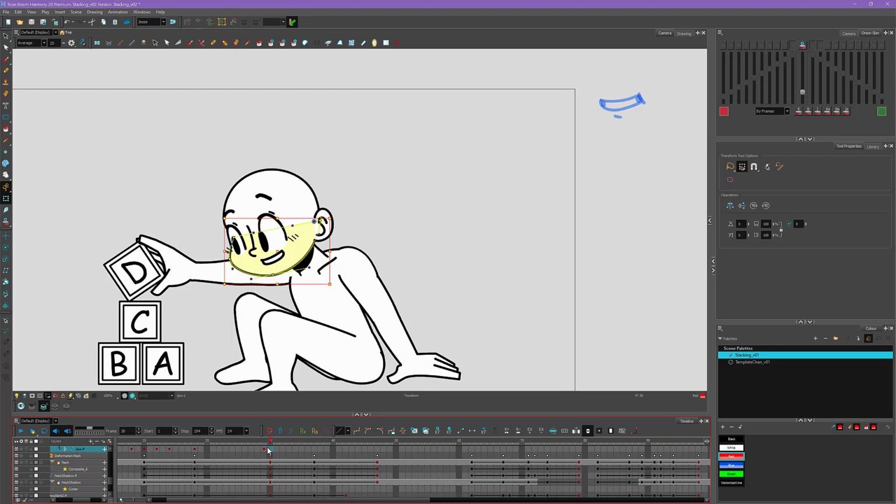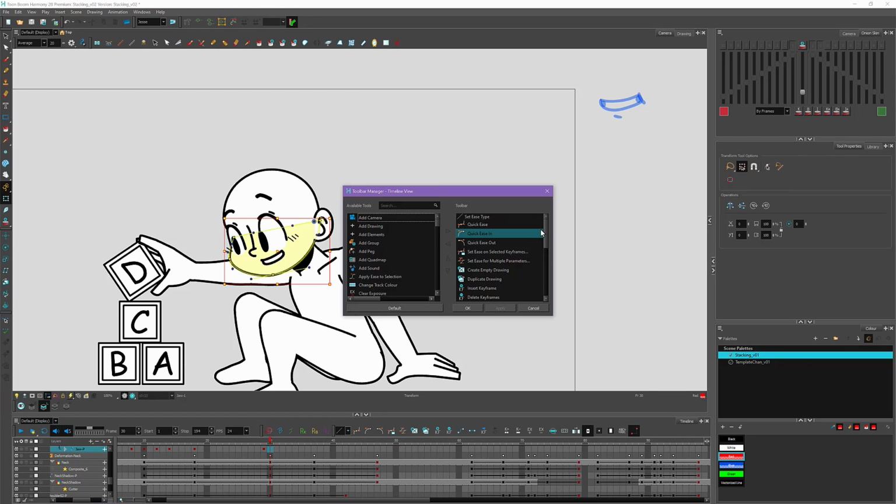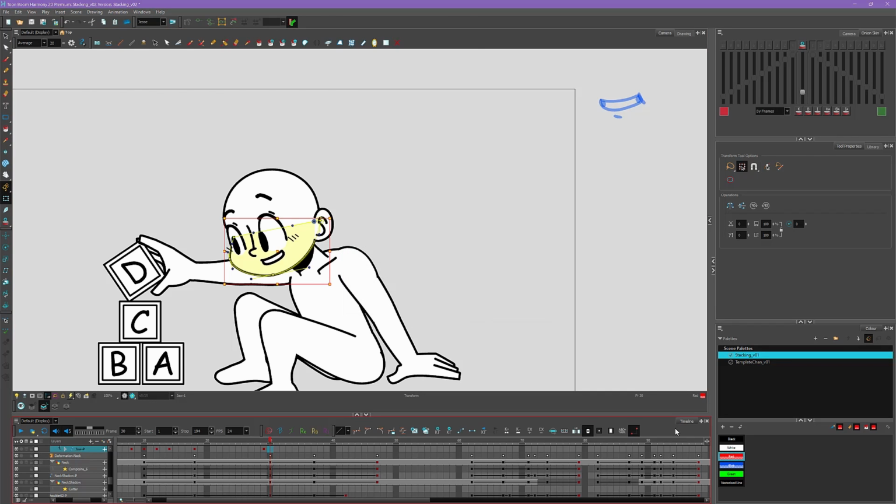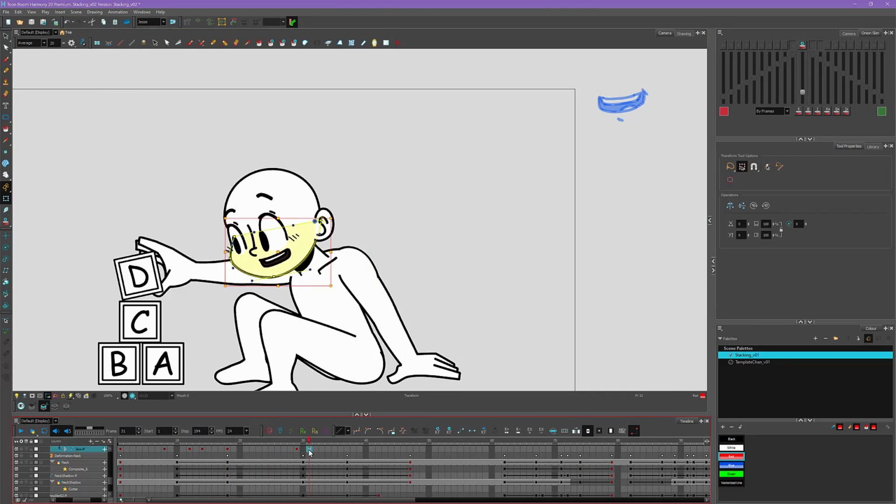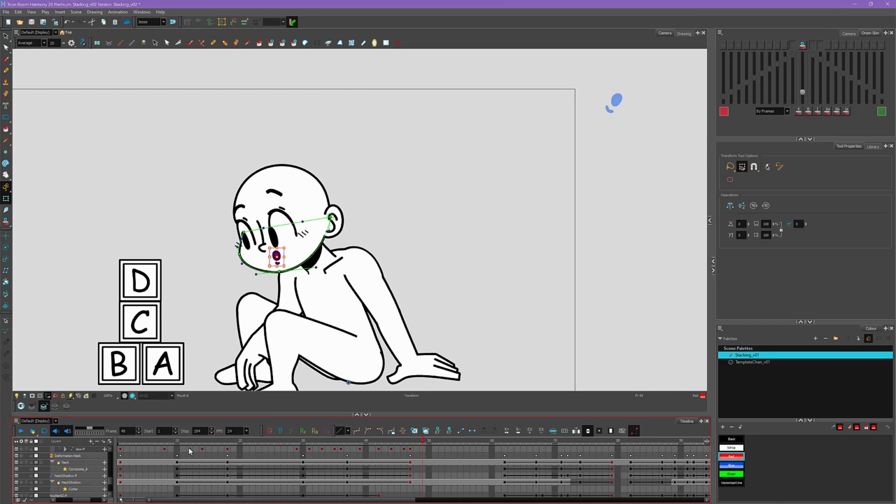And I don't want to create any more motion tweening, so I'm going to turn on my create stop motion button right here. Again, this button isn't here by default. You have to right click, go to customize, and in this search bar, you want to search for the button stop motion keyframe mode. Very useful button, super duper useful. So when that's on, it won't create motion tweens as we create new keyframes.